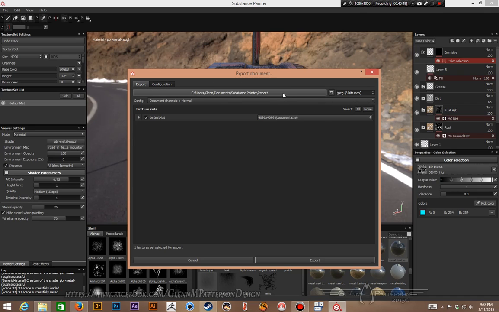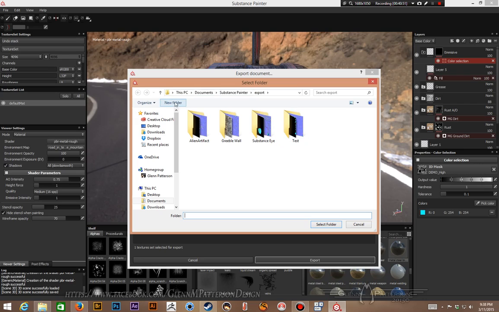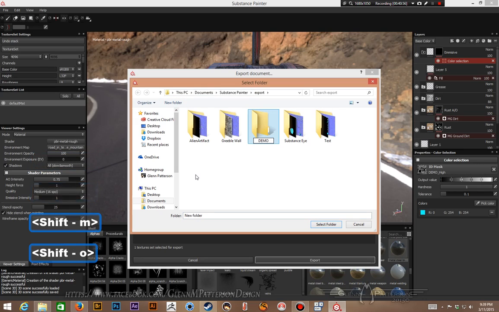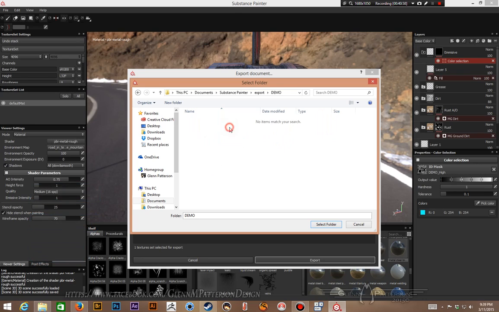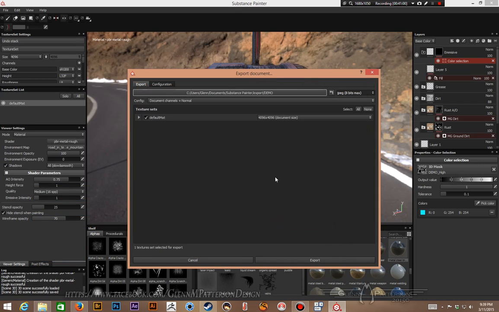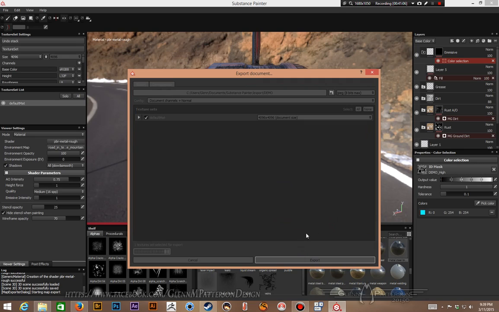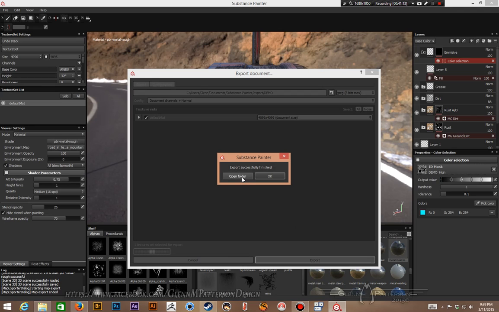And then you click right here. We'll create a new folder. Demo, if you didn't already guess. And then open it up, select that folder. And since we're already at 4K resolution for the document size, this ain't going to take no time at all. Like I said, you can be in a different size and it'll recompute it. So open folder,